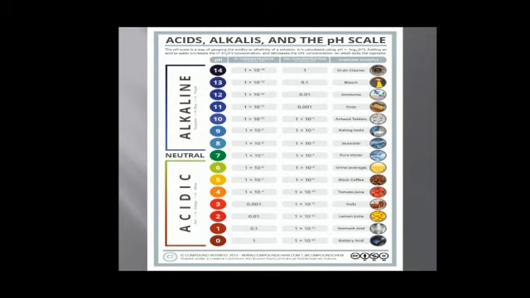Now see the scale to the upside direction. When the pH of a solution becomes more than 7, green color slowly turns into blue, deep blue, and deeper blue. That means the solution is becoming alkaline in nature. When we say a solution is alkaline, it means the concentration of hydrogen ion decreases and the concentration of hydroxyl ion increases.